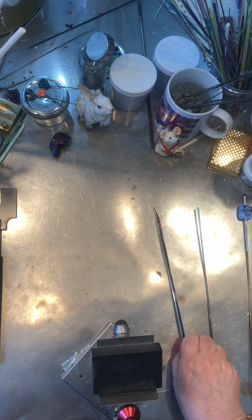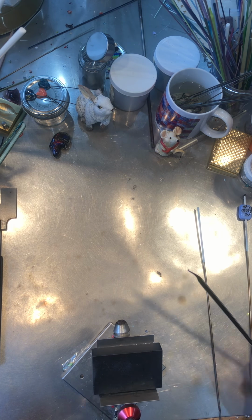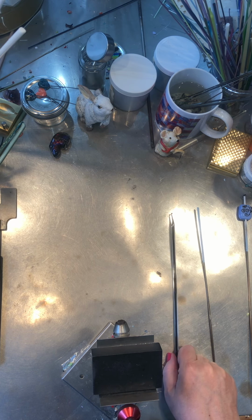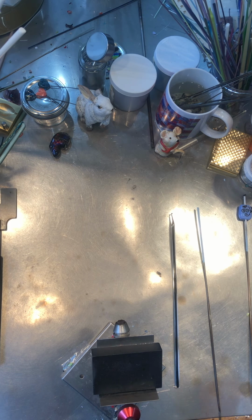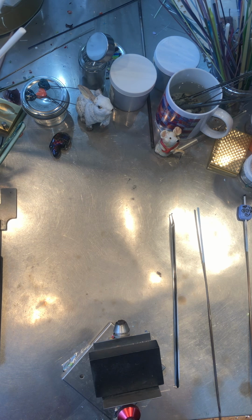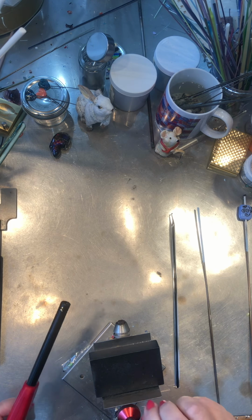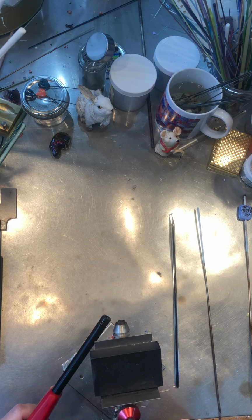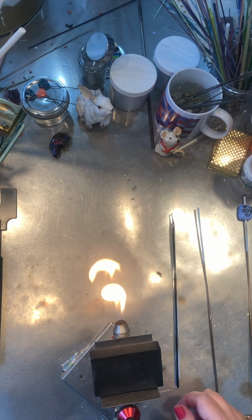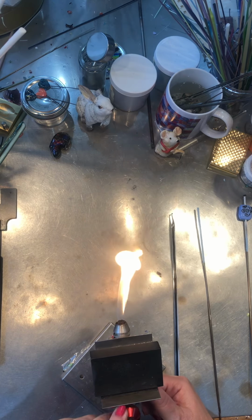Today, though, we're going to be working with the black that obviously does not have a white core. It's all black. And we're using it because it is a stiffer glass. You know how dark transparent colors are the stiffer ones? Well, this one is, and so I think it's going to be a little bit easier for you to be using it. And we're going to make a base bead. We're going to pull,